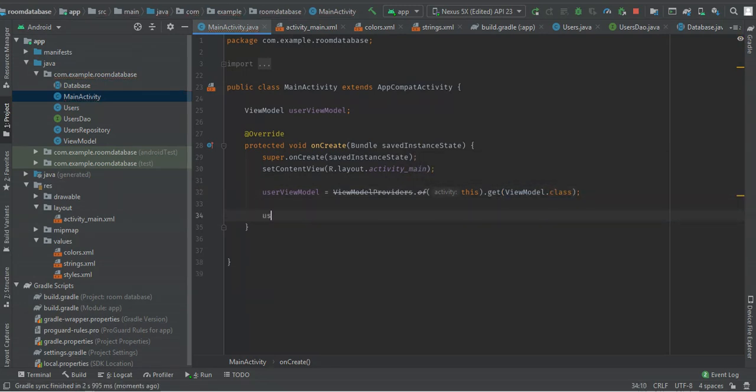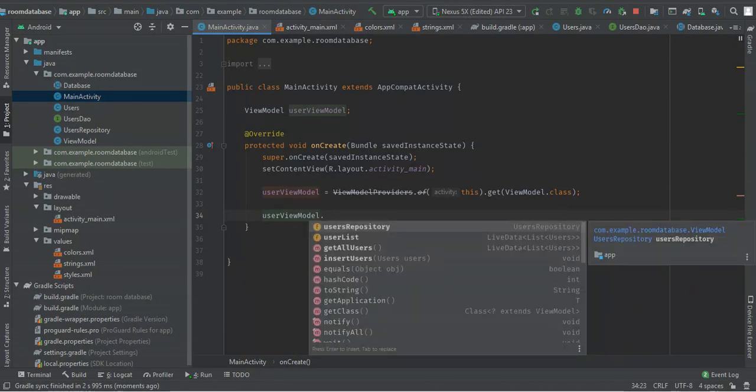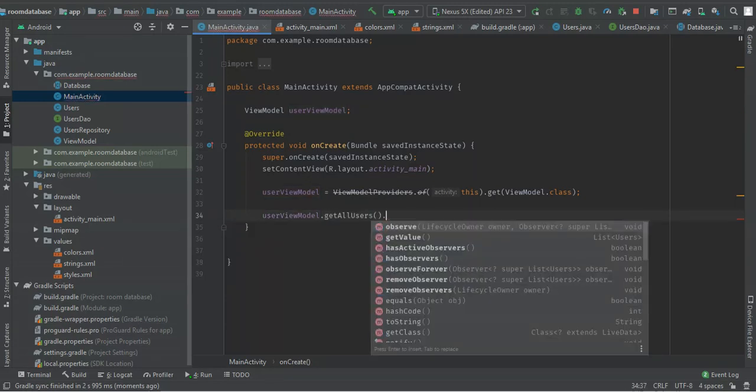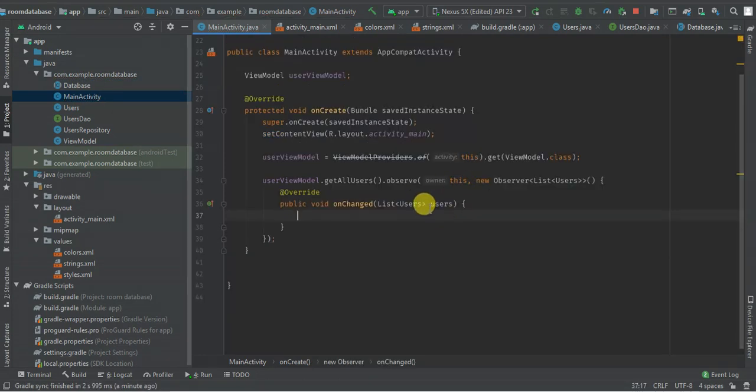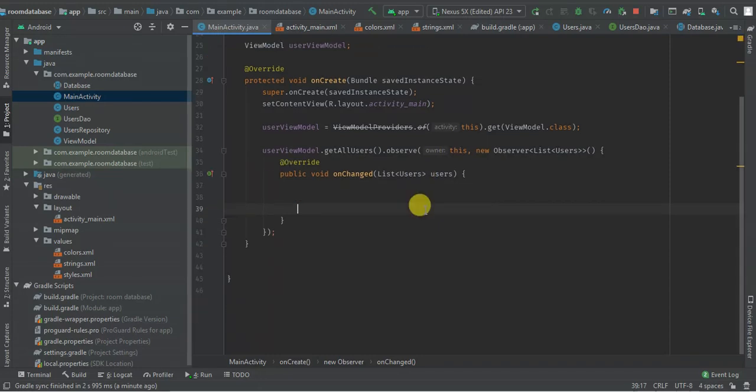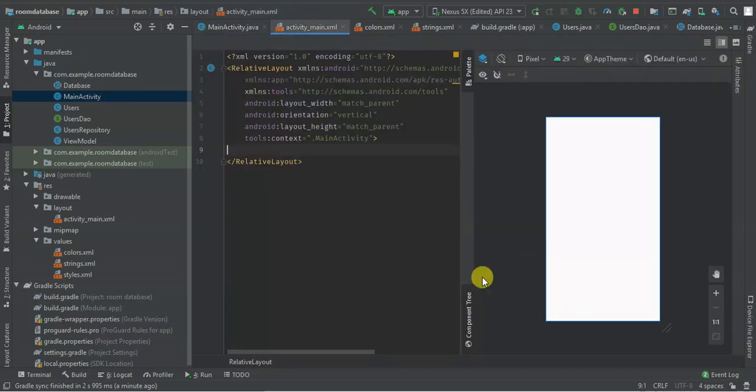Then I'm going to have userViewModel dot getAllUsers dot observe, this, new Observer, and it's going to give me a list of all users. So I'm going to have my RecyclerView here,